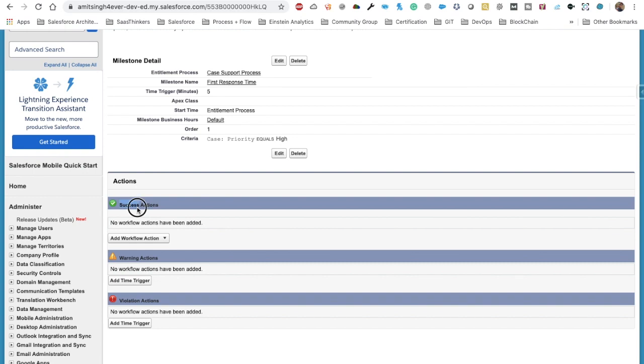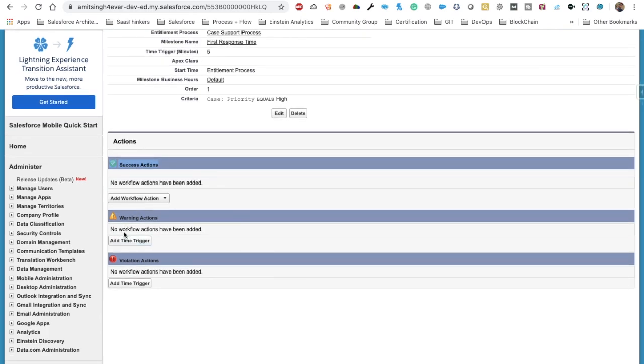In that case, either we want to fire an email to the customer representative saying that you have done a great job, or there are warning actions. Warning action means if 4 minutes have passed and you still did not send any response to the customer, you can send an email to your sales representatives, update some case fields, or escalate the case to the superiors. And then there are violation actions: you have passed the 5 minutes and did not send any response to the customer, so you can have those violation actions as well.